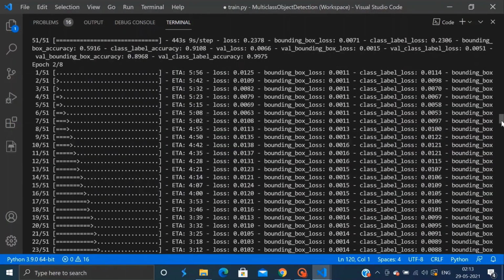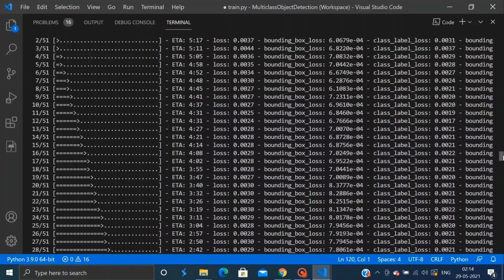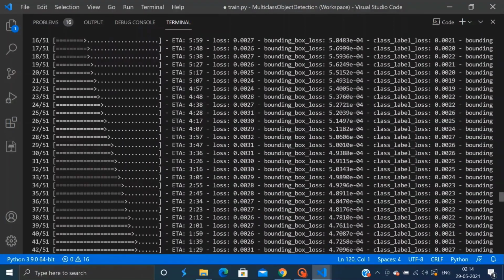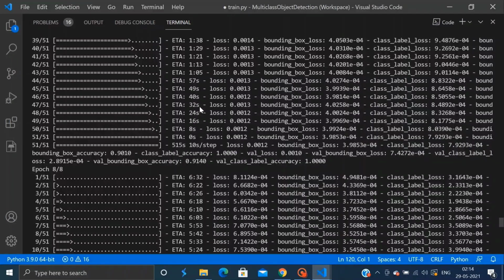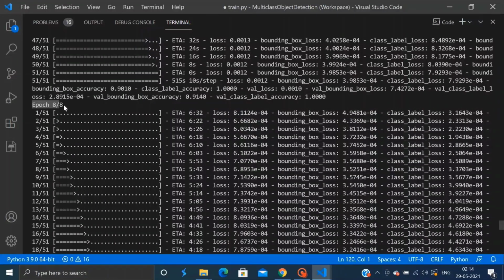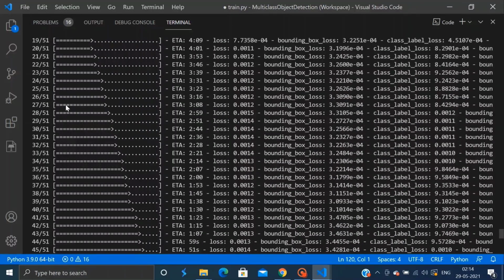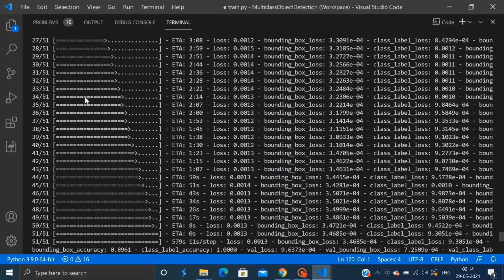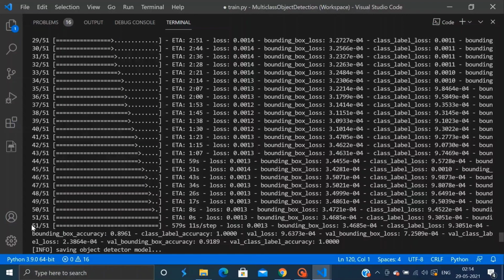Once the model has completed training and completed all the 8 epochs, we will see something like this when it has reached the 8th epoch and iterated 51 times through our data set.